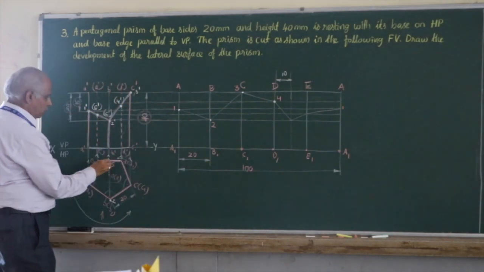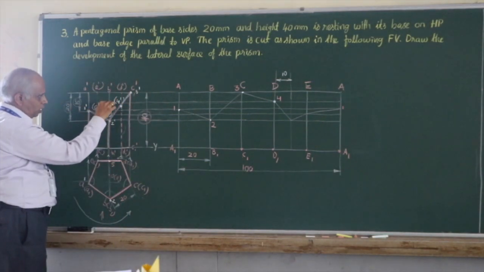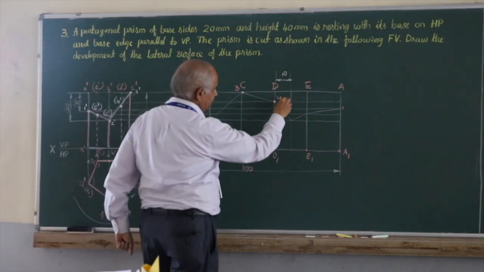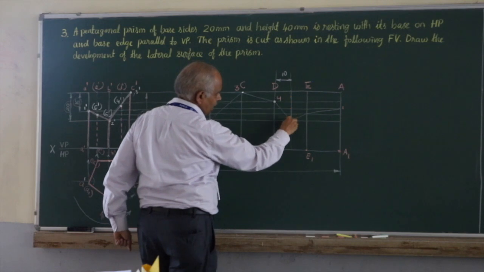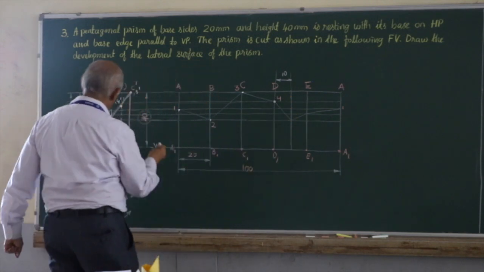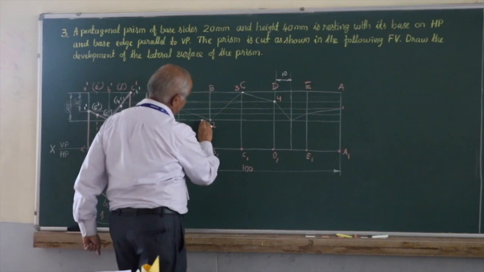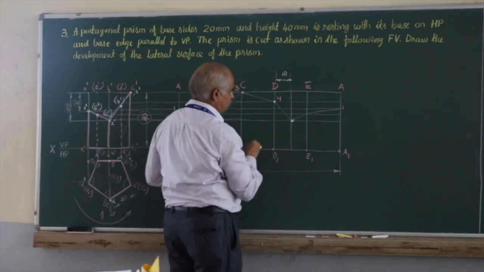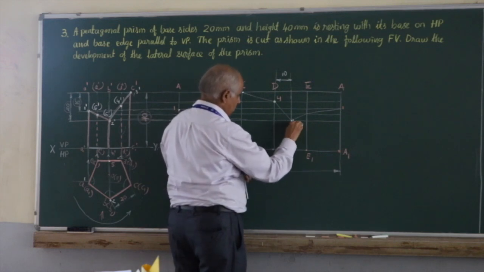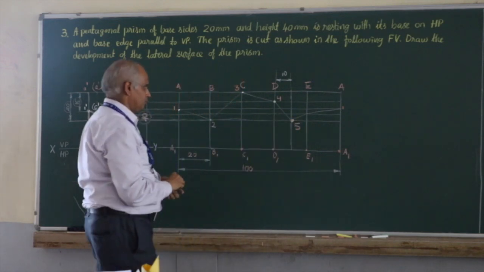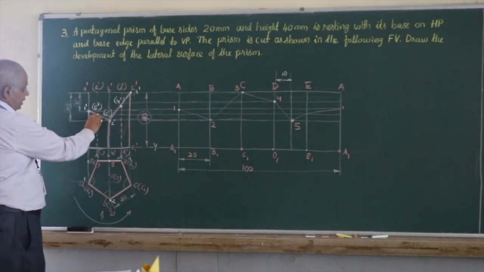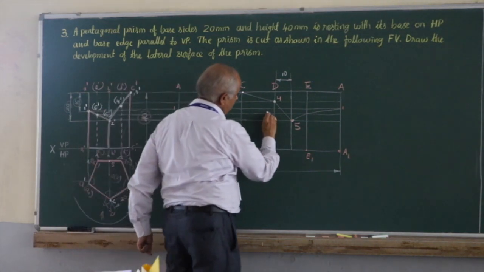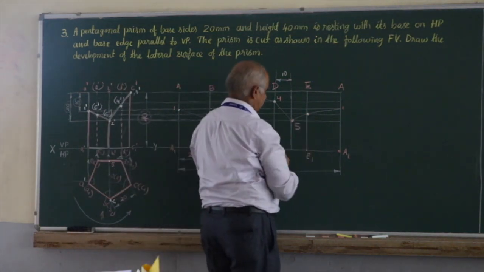So now I have located this point in top view, but you have to come down by this side. Therefore, passing on this line here, this is an imaginary line. If I project 5 onto this imaginary line passing through the midpoint of this rectangle, I am going to get section point 5. Remember, it is not on any vertical edge. And then 6 is on E1. So project this line from E1 onto this, you get 6.